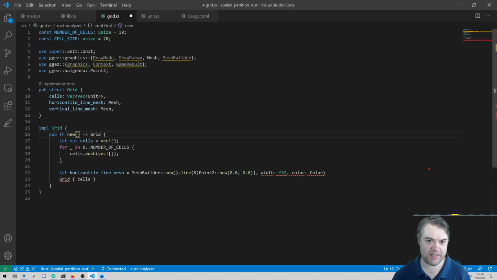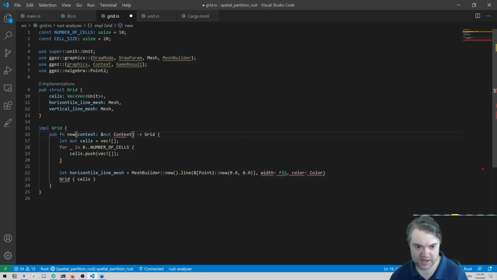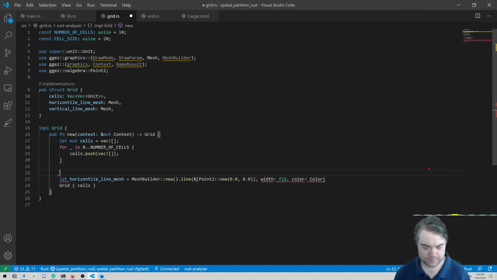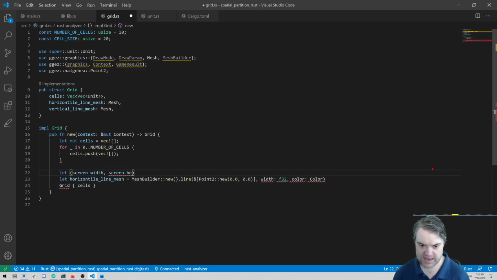Did I bring that in? I did. So context, which is a mutable reference to a context, and we're going to need, let's see, this is going to be the screen width, screen height